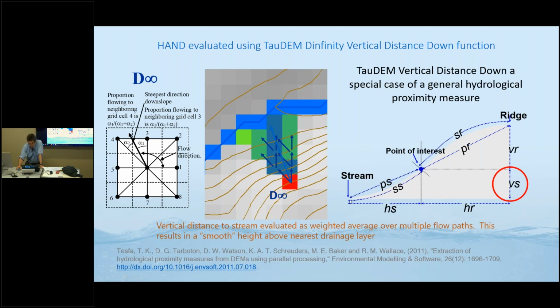You might be interested in the horizontal distance to the stream, or the vertical distance to the stream, or even the distances up to the ridge if you're interested in some sort of ridge processes or hill slope processes. But the height above this drainage is the vertical distance to the stream option. And that's evaluated by effectively looking at all of these flow paths, where they actually hit the stream as it's been mapped from the DEM, and tracing back up to this point, and effectively doing some sort of a weighted average over where all of these hit the stream. So it's a weighted average over multiple flow paths, and that results in a sort of a smooth